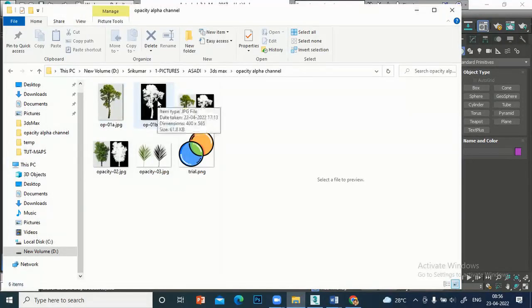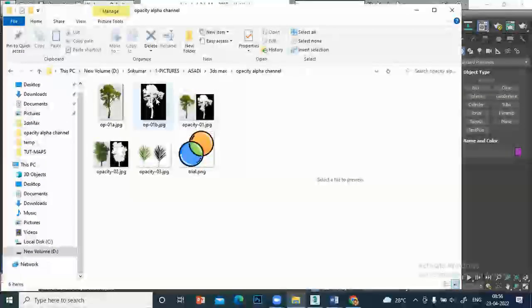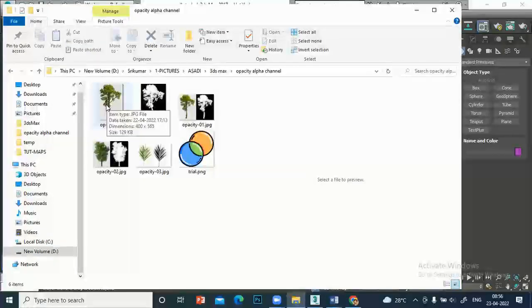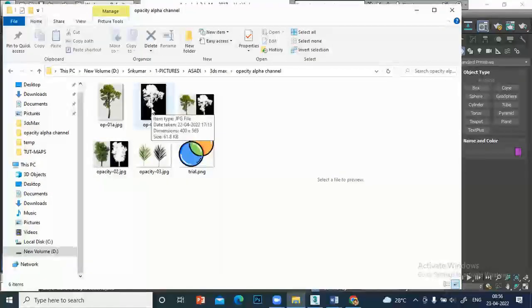So how will you create a tree? That is when you put this opacity map on top of this, and you can create wonderful objects. Any object's opacity map you can create using Photoshop. So you require the original image, which can be JPEG or PNG, and you require the opacity map. We call it an alpha channel map. If you have these two together,